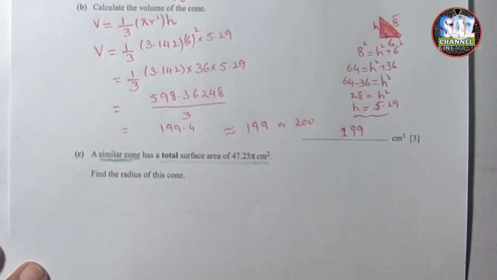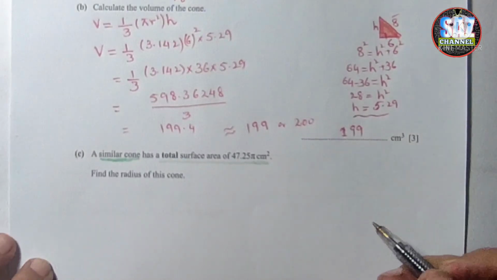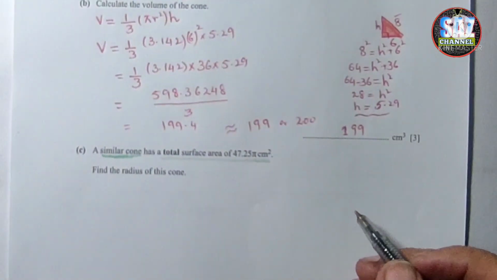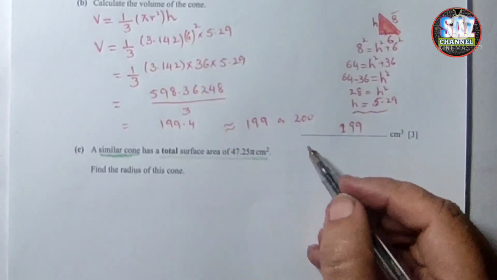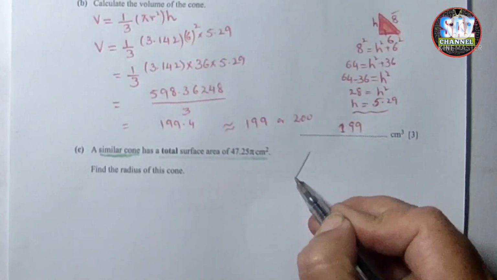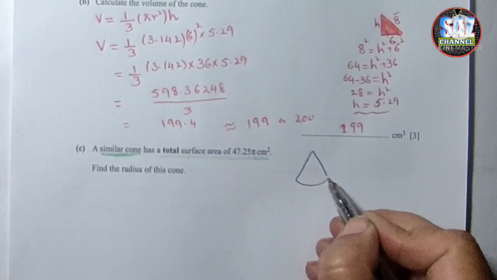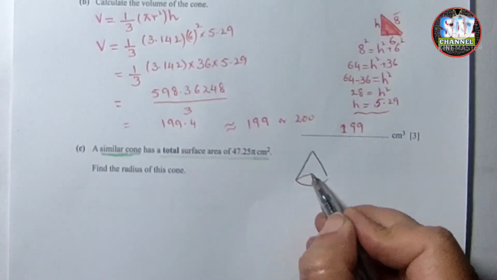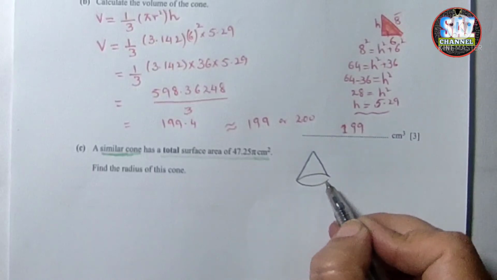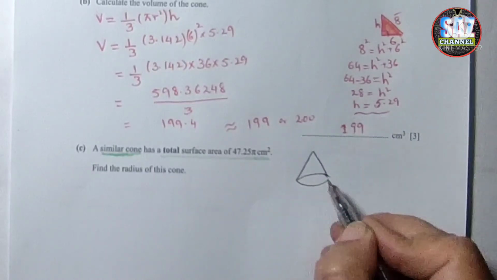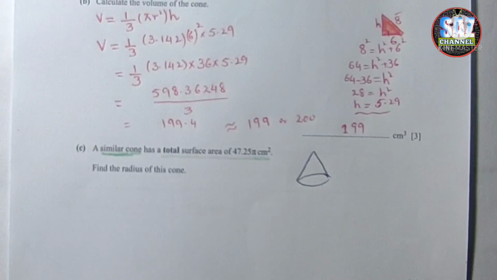For geometry questions, it's really good to sketch small figures so that the concept can be cleared easily. One cone that is given in the question has a surface area. I hope we have calculated the total surface area. The similar cone has a surface area of